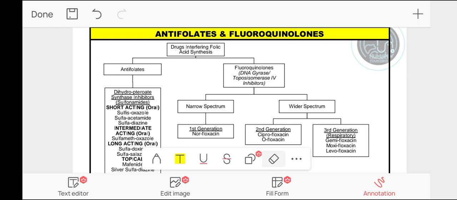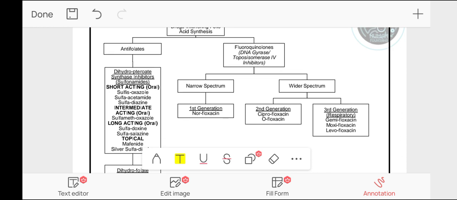Streptomycin is not an antifolate drug. Streptomycin is actually an aminoglycoside. Spectinomycin is also an aminoglycoside. The antifolates include sulfonamides, which are actually antifolate drugs, and the other is trimethoprim, and the trimethoprim sulfamethoxazole. These are antifolate drugs, also called